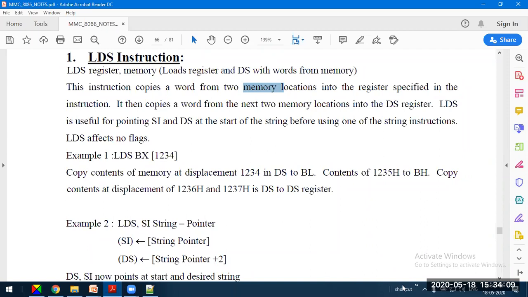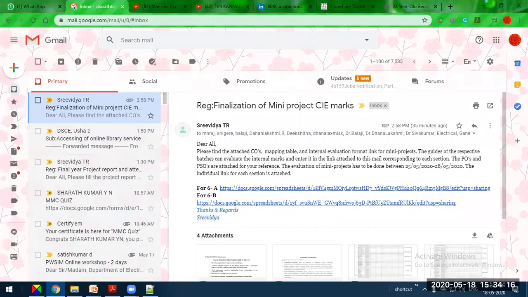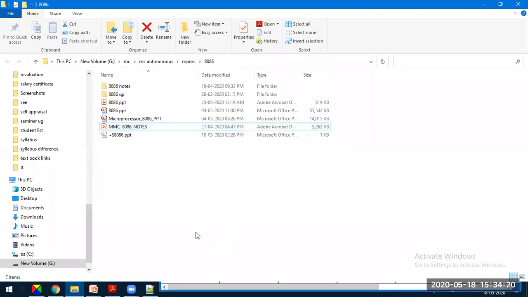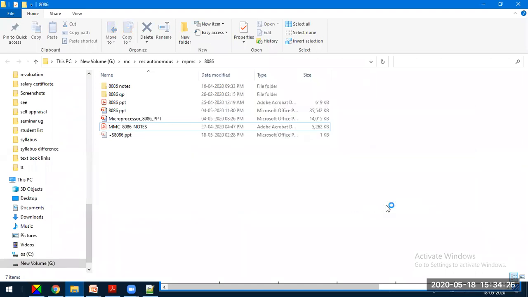So to understand this memory, let me just quickly discuss this. Just a minute, let me open an Excel sheet. Just give me a minute. I'll discuss this memory thing. I thought I'd discuss it later, but this is the right time to discuss.